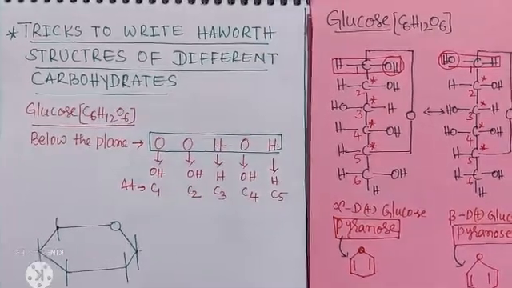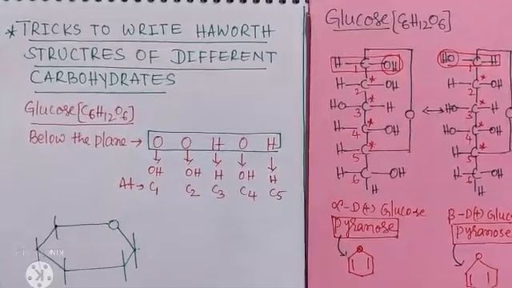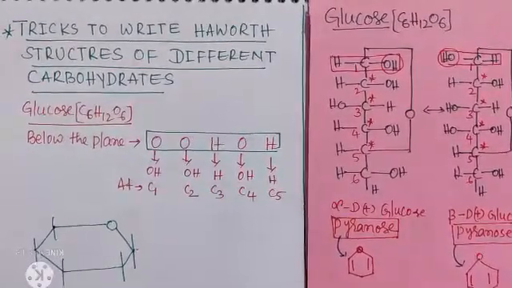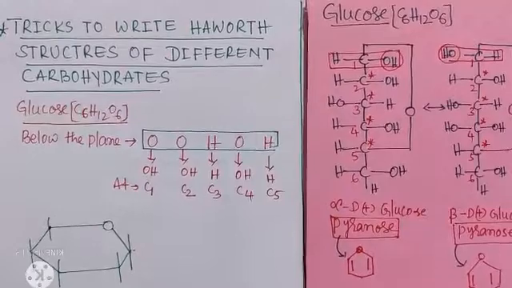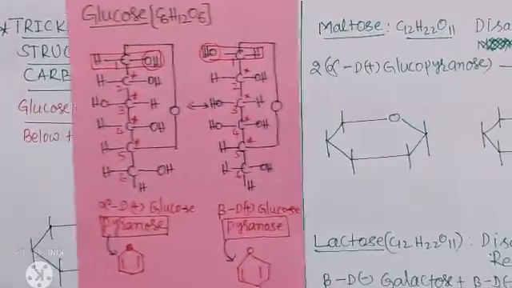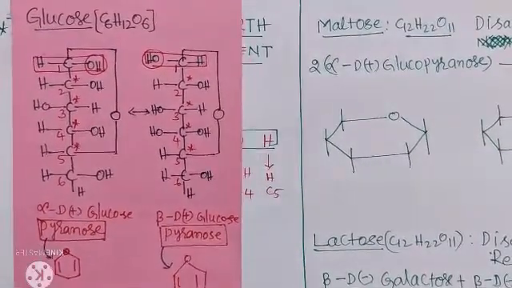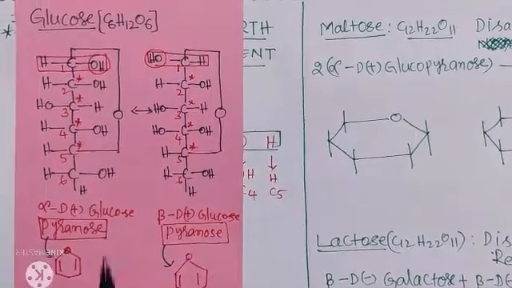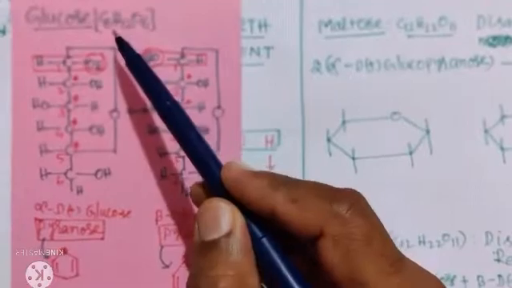Hello students, these are simple tricks to write Haworth structures of different carbohydrates. See here, one simple monosaccharide carbohydrate, the cyclic structure of glucose. The glucose molecular formula is